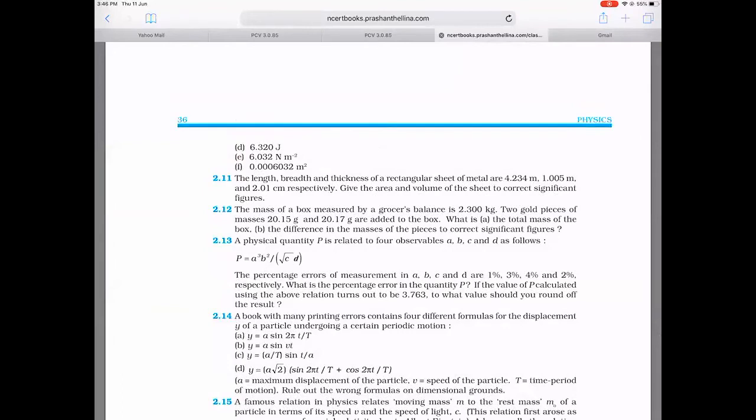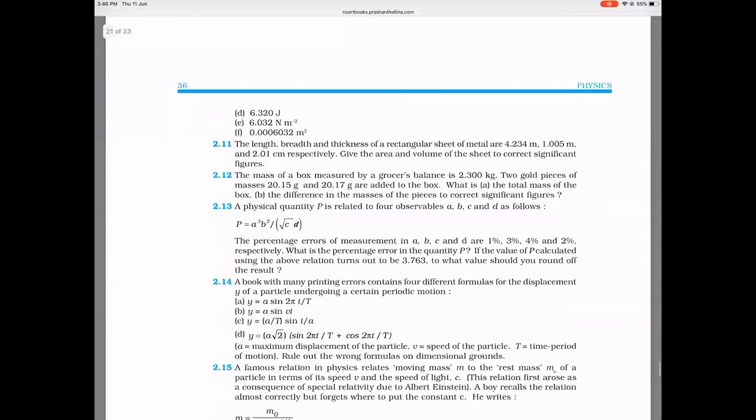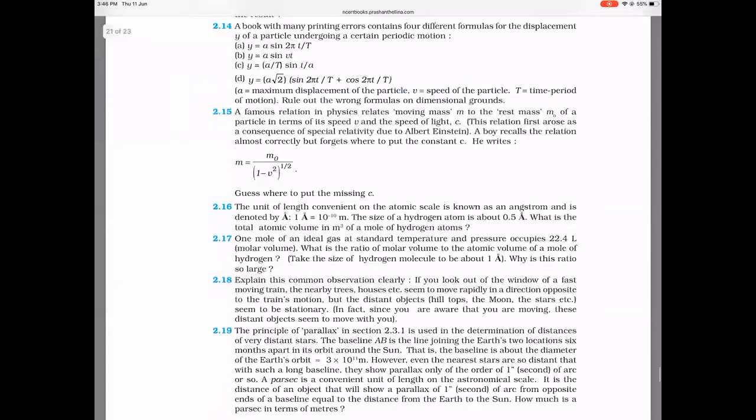Then when you find out the volume, you are going to multiply all the 3 numbers. Once you multiply all the 3 numbers, then you have to give the answer only to 2 decimal places, and not, we have to give the answer to 1 decimal place and not 2 decimal places. So please multiply and make sure that you are getting it. Okay, so that is for you to do, not for me to do.